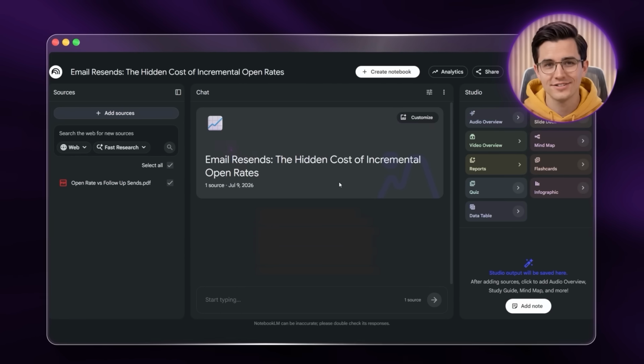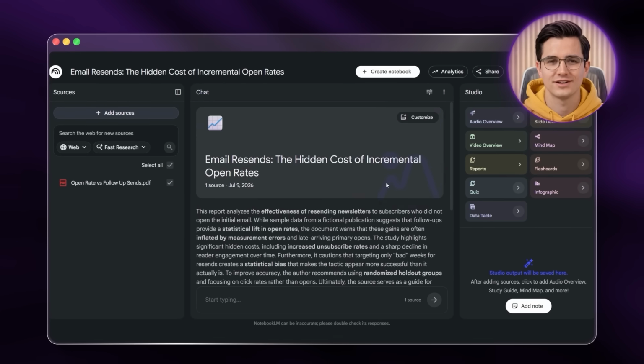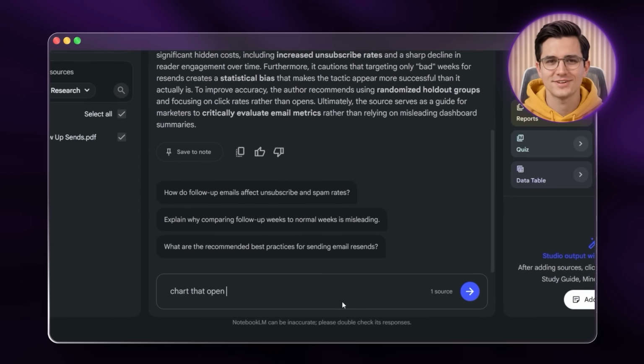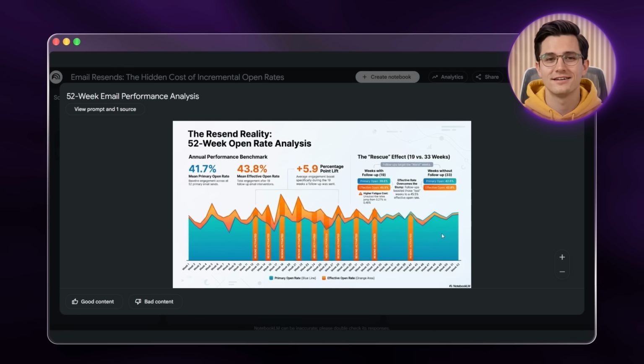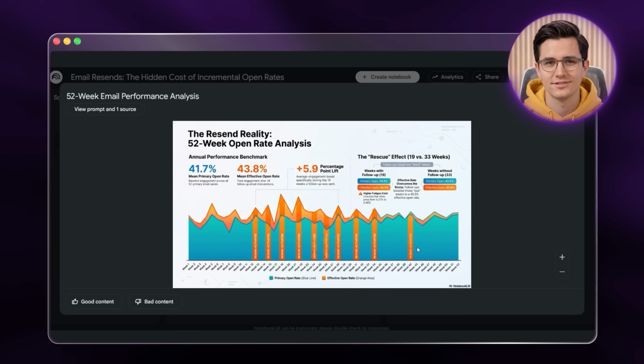It works just as well on something smaller and more personal, so in another notebook, I've been logging my newsletter's open rate week by week. I'll ask it to chart that open rate against the weeks I sent a follow-up email, and it lines the two up together. And the pattern is obvious straight away, because the weeks I followed up are the weeks the